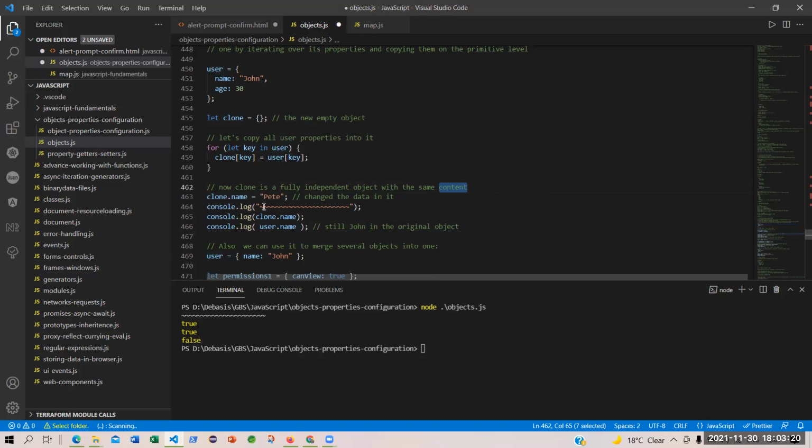We say we are changing this object's name to Pete and not John. And then I want to print the name of the object clone and the name of object user. What will you find? Will both of them be Pete?